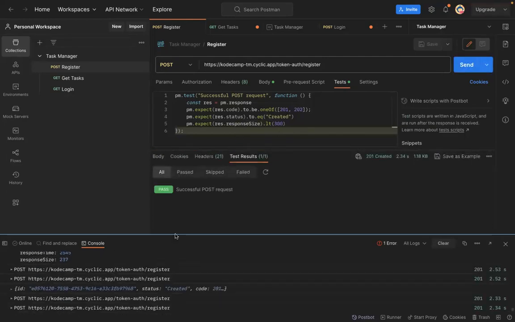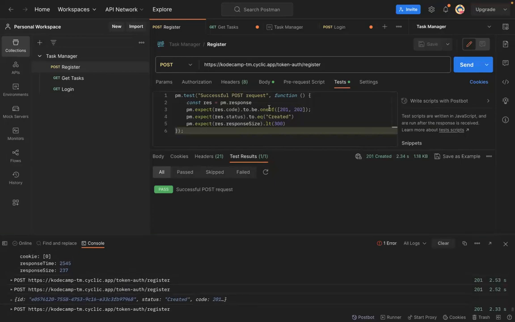Okay, we're making sure that our response code is 201 or 200. Then we're also checking if the response status is created, and then the response size is less than 300. If you change this to 250, or let's say 200, and then try it once more,